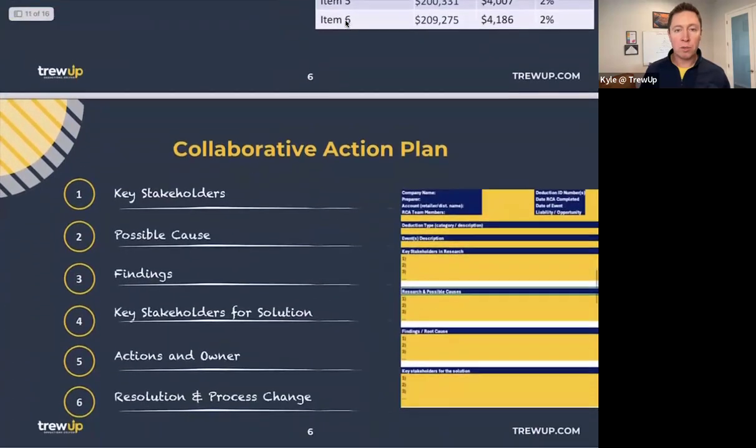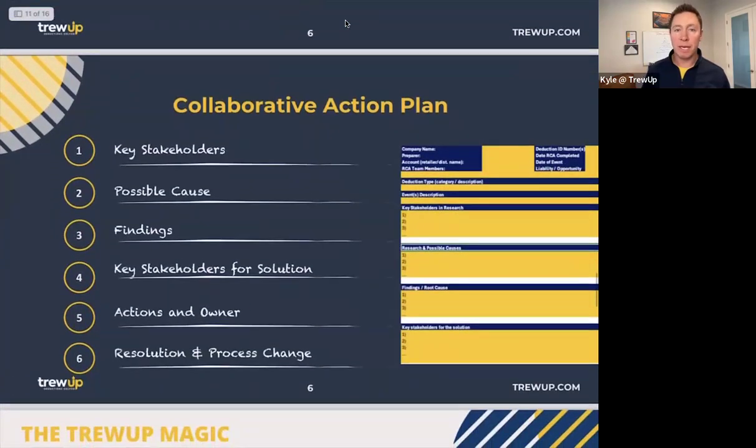Okay, and now we move to the collaborative action plan. And here it's really, let's think about it as a root cause analysis. You've had an opportunity to do your analysis. Let's say we use that spoils example, and you have reviewed the data. You've gone through the steps to identify the items that are causing your biggest issue, and now you're going to